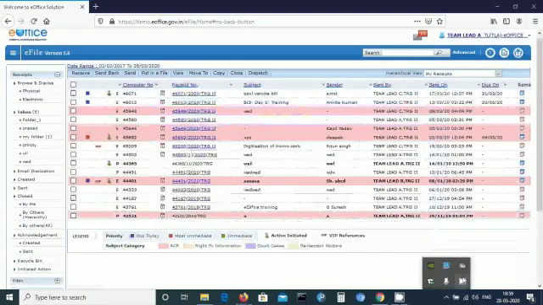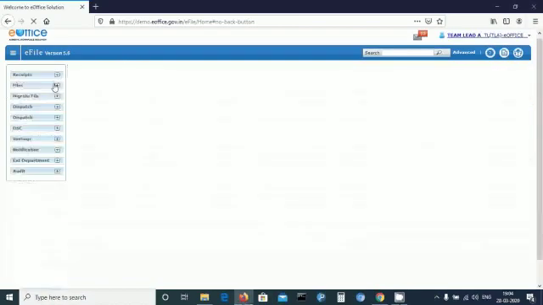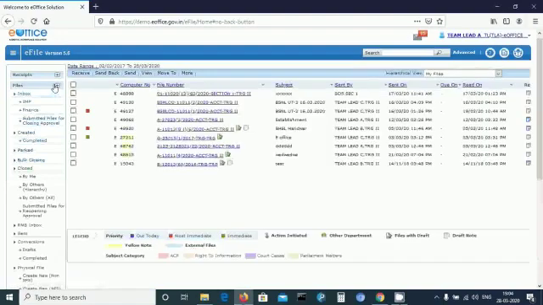When the file gets created, let me open the file inbox. The file inbox looks like a Gmail inbox. There are three functionalities in a file inbox, namely the creation of a file or putting the receipt in a file, secondly the file approval, and third, sending the file with noting to the other user. You can see the file when it comes to the file inbox. A file is visible which is sent by some user and the date it was sent on is also shown.